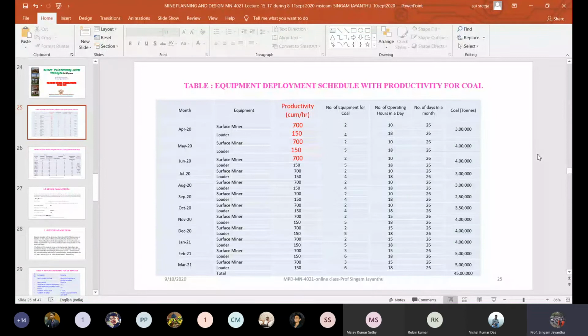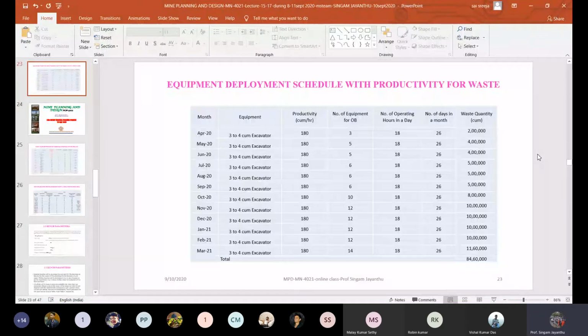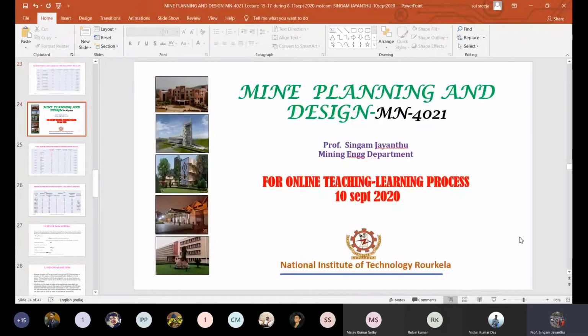Going back just to highlight how you planned at that time, that was the waste quantity, that means overburden material to be handled in the similar months. You can see here the same months, April 2020 to March 2021. Since 0.84 million cubic meters is to be handled, it is planned in that way, and this requires all the calculations, which you have already seen in your other courses like surface mining technology,